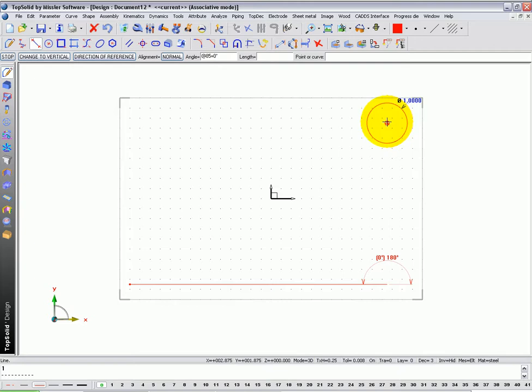point here. Now, because we're in polar line mode, and we have the angle set to 0, the only solution was to draw a horizontal line down here. If I change to vertical, you'll notice that TopSolid automatically enters an angle of 90 degrees here. If I pick the same start and end point, the line's going to end up vertically on the left-hand side